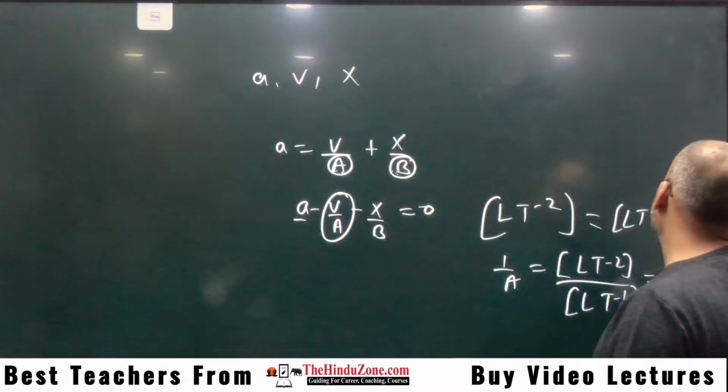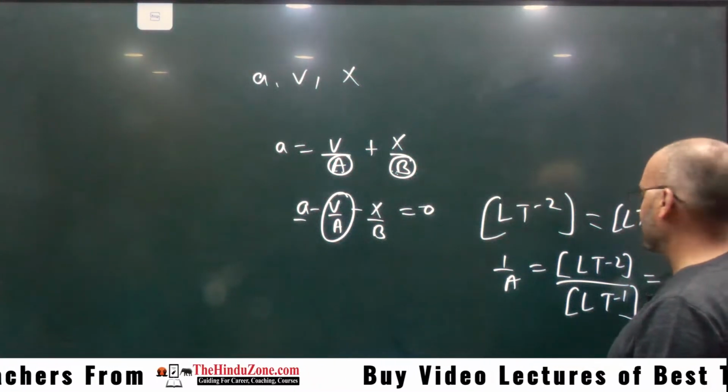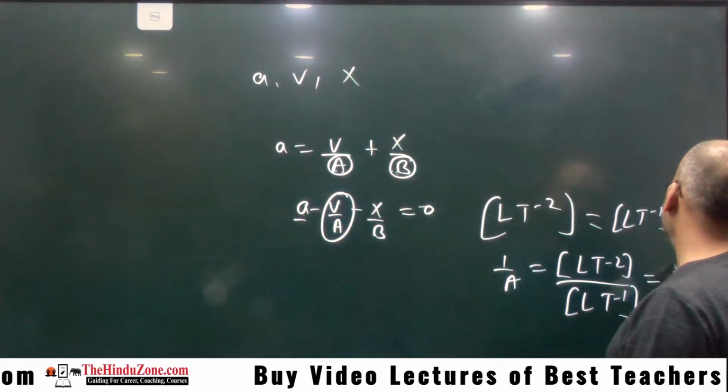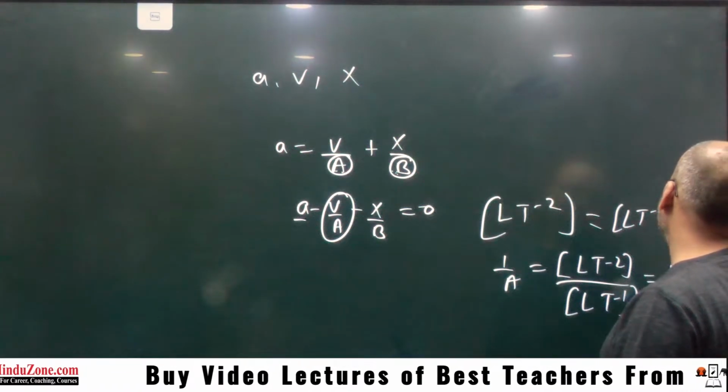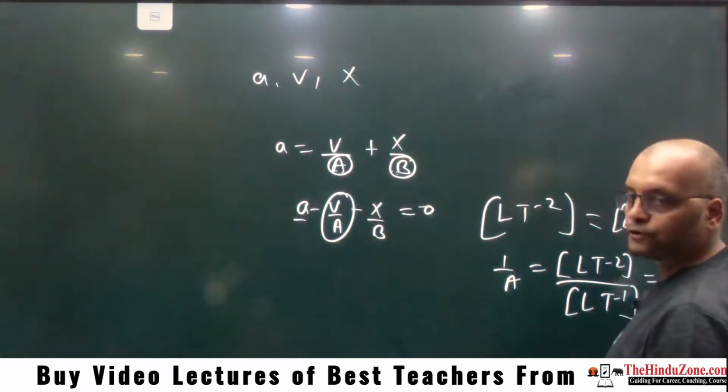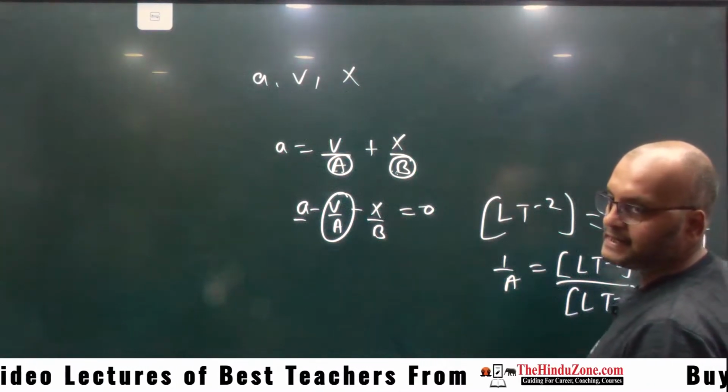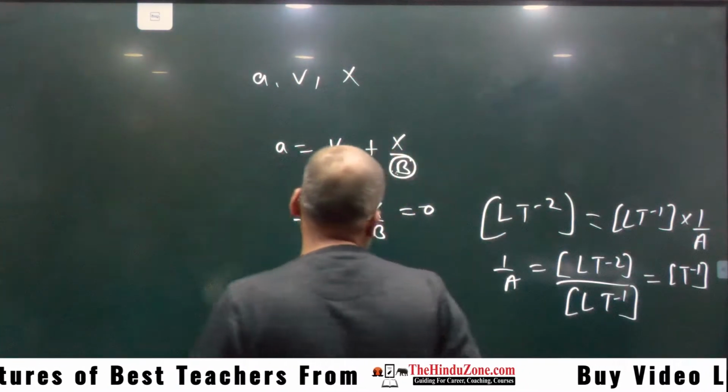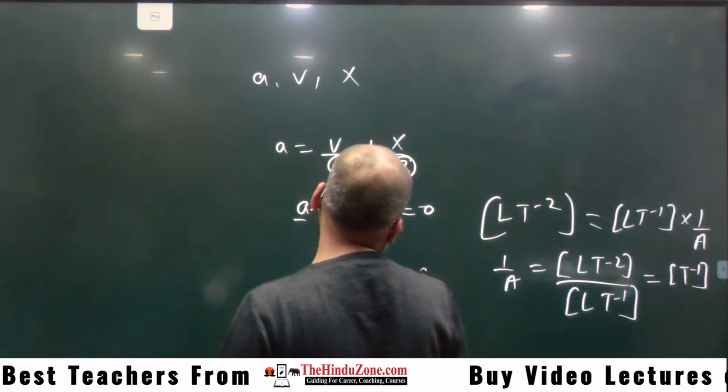L gone, right? Yes or no? So it will become T minus 1. Yes or no? 1 upon A is equal to T minus 1. So A is equal to